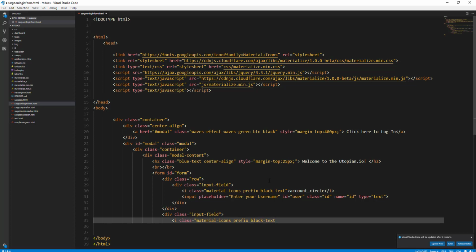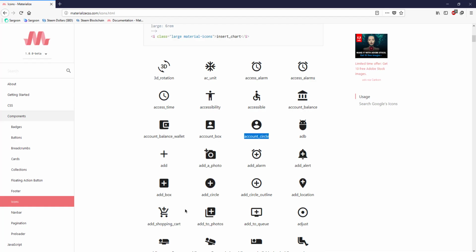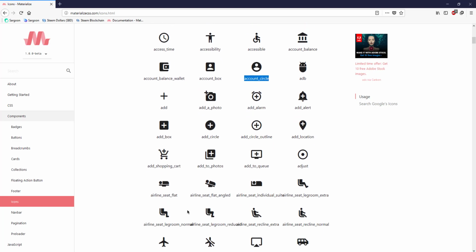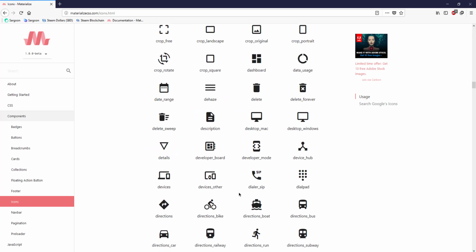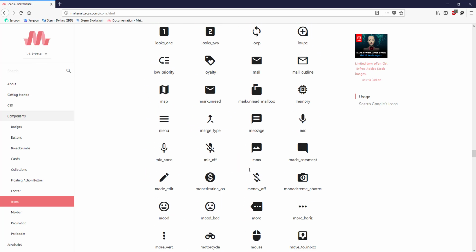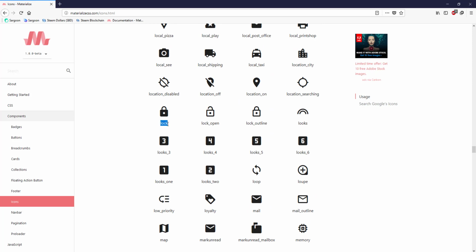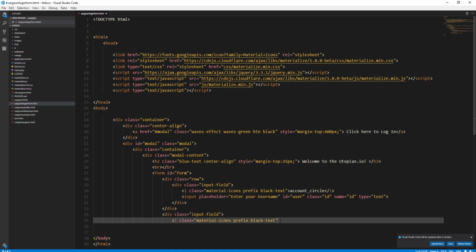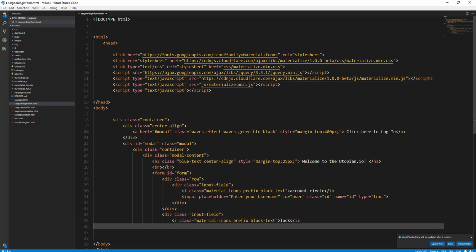And let's take a look at the Materialize icon family again. Let's go back to our browser and choose an icon about lock. Lock icon is nice for the password option. Let's go back to Visual Studio Code and paste it here, and we can close our icon command here. And here we need to write input placeholder for the password section. Let's write input placeholder again, and our transparent text is enter your password,